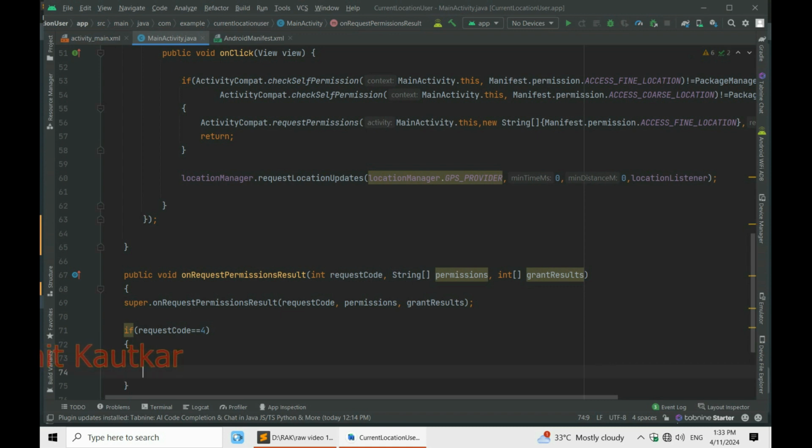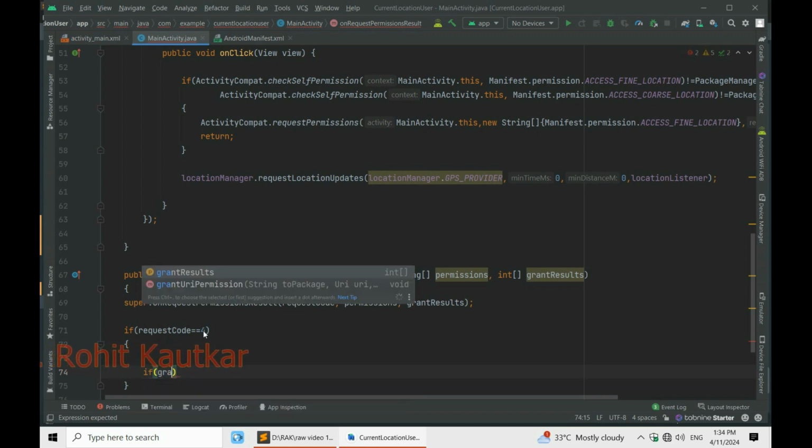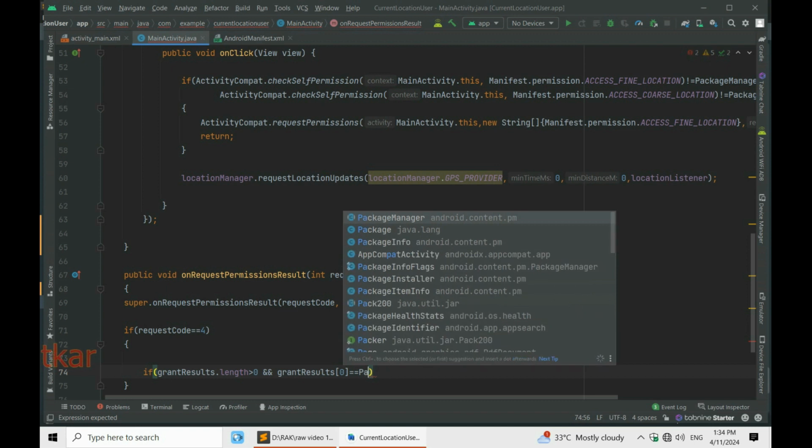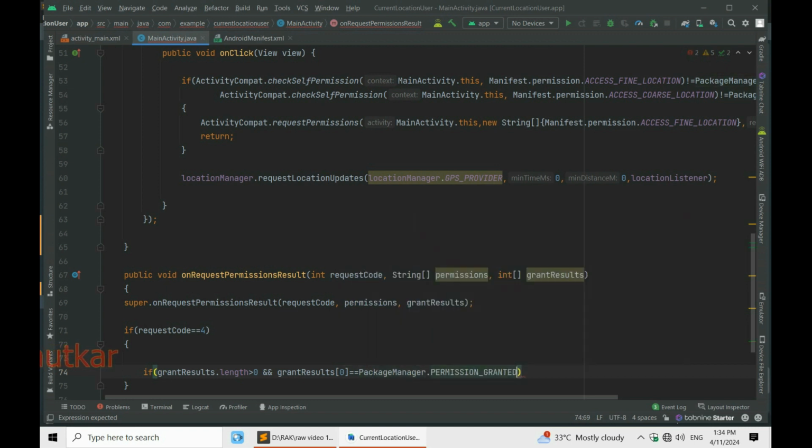then here we will implement one more if block where we will check the length of grantResults. So if the length of this grantResults is greater than 0, meaning permission is granted, and the grantResults of 0, that is the first element, is the PERMISSION_GRANTED constant of PackageManager. So PackageManager.PERMISSION_GRANTED. Then